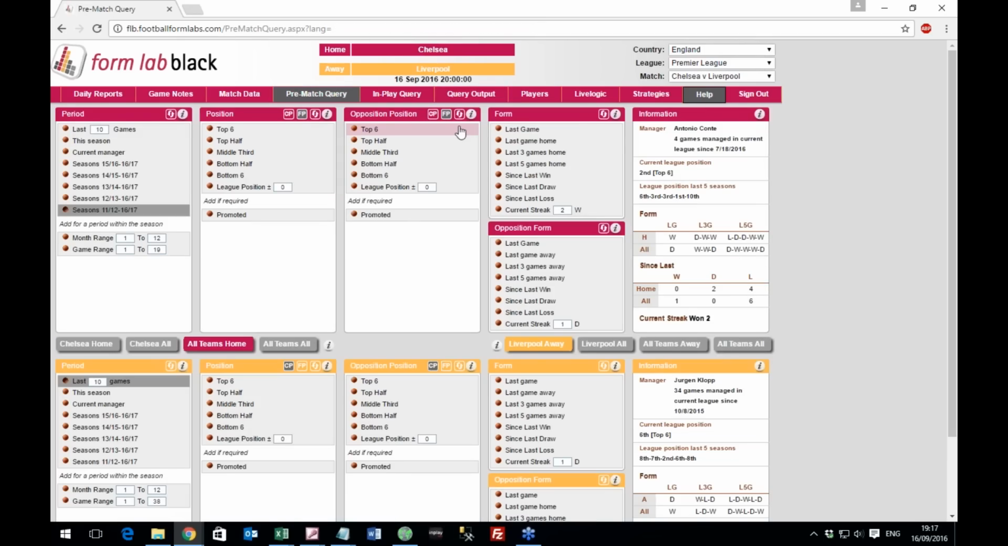Lots and lots of data in pre-match query and in-play query. We use it to write most of our editorial. Most of our reports will refer to what we've queried, particularly in pre-match query, and it's a great database to form your own strategies from. In Formula Black, we also offer